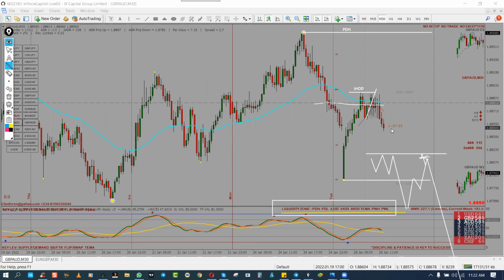Now, if the trend is intended to go down based on the directional bias, if the market breaks the initial low of the day, that is an initiation. And therefore, initiation is a breakout into the right direction of the market. But what happens next? There will be a mitigation. This mitigation process is a pullback into the initial range of break. And then at this point, the market will now continue to sell down.